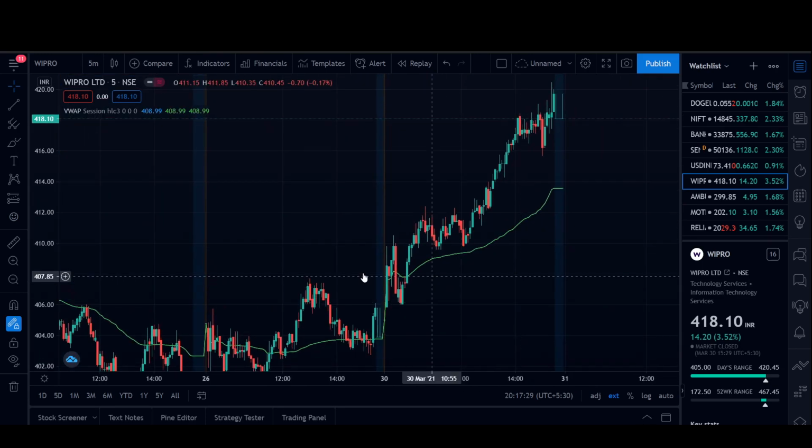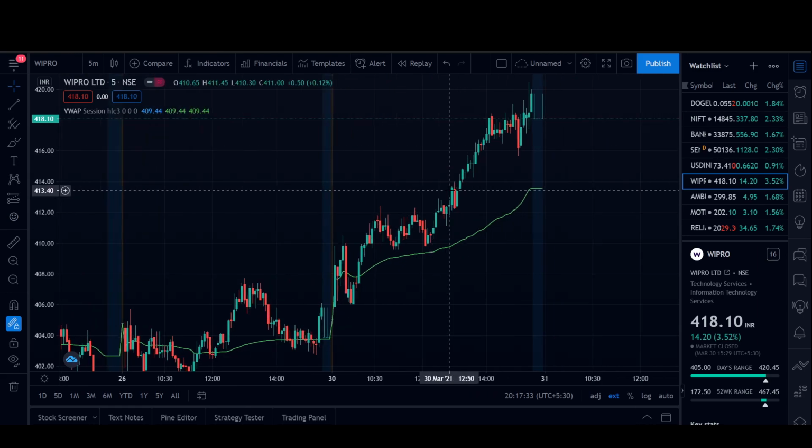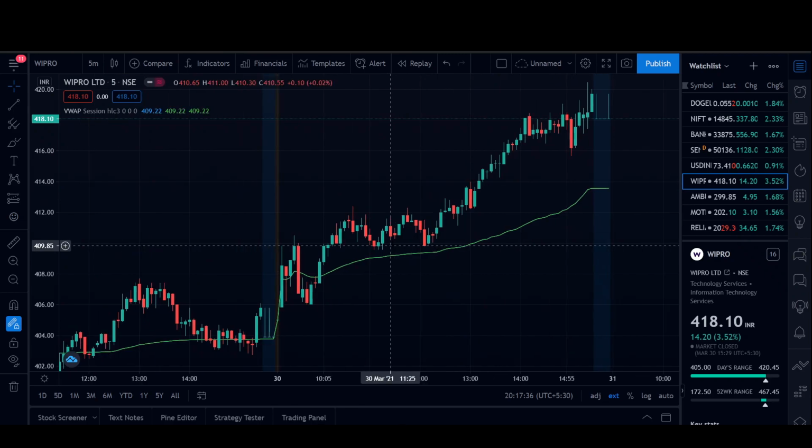Support, resistance, just memorize this, remember this, this is important. And also I want you guys to back test this. Before putting real money, go and try this out, back test this strategy multiple times.